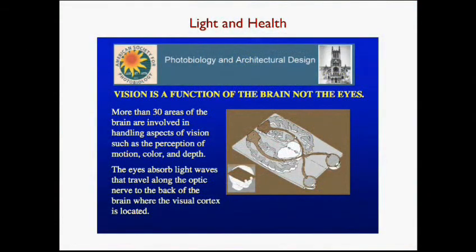So in terms of light and health, what I think is important to understand is that light comes into our eyes and hits the retina, the back of our eyes, and it's carried via the optic nerves to many different parts of the brain. The one that we're most familiar with is in the occipital area of the brain, the back of the brain, the visual cortex, which is where the processing of these signals occurs and allows us to see. That's the visual part of the brain that allows us to see things. However,